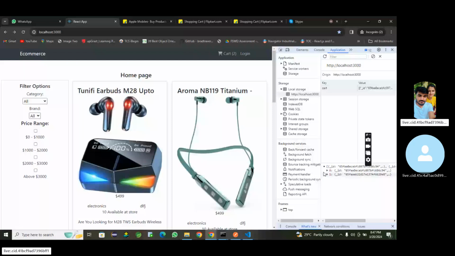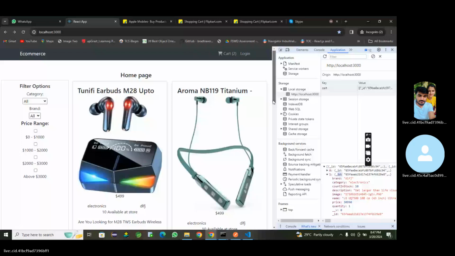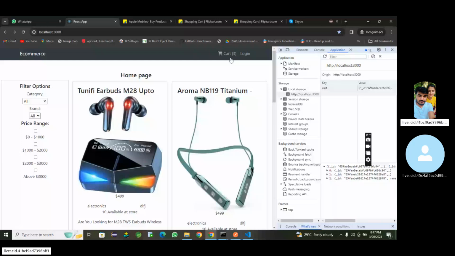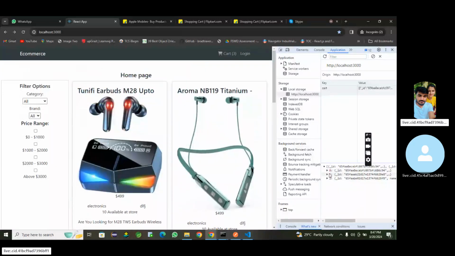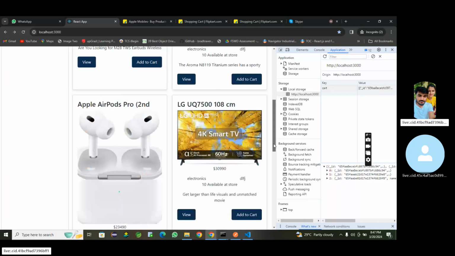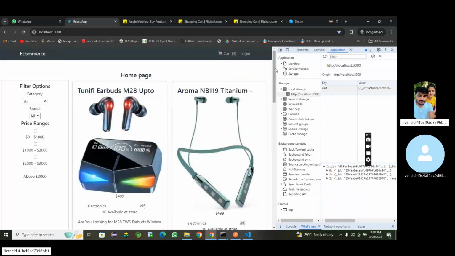I will insert one more item. Suppose this is a t-shirt of category men. I'm adding. See, now the cart item is 3. So it will call the useState hook for the total length of the cart item. It is now 3, whereas before it was an empty array. So we have inserted the third item. Got it? This is how the cart item gets saved. So after that, what we have tried to do is,